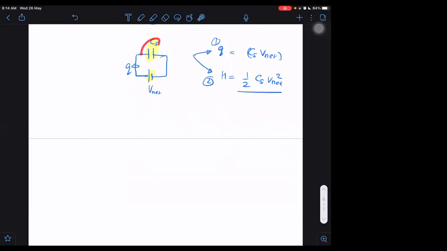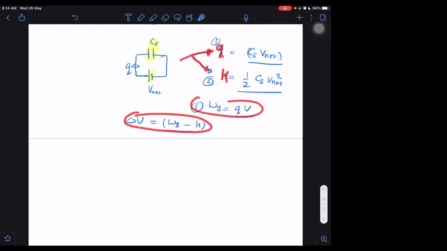It will not be fine for finding the final potential energy stored. It will not be fine to find out the work done by the battery. Work done by battery is simple, actually we don't have to worry. Once I know this is Q, then work done by battery will be Q into V. That also can be obtained. And if somebody asks what is the change in potential energy, we can find that easily too. Change in potential energy is nothing but work done by battery, which is Q into V, minus the heat energy dissipated. So actually this equivalent network makes it very easy to arrive at two important results, and from those two important results, we are able to obtain other results very quickly.